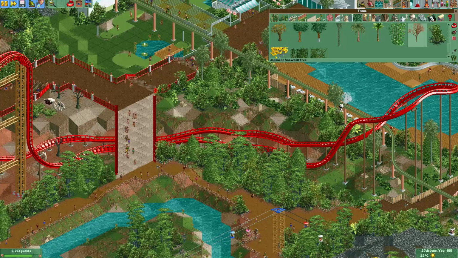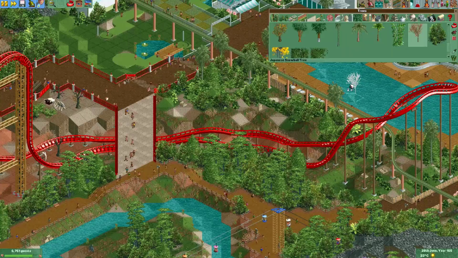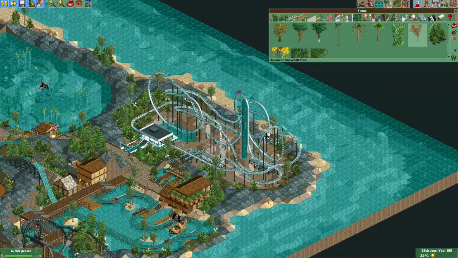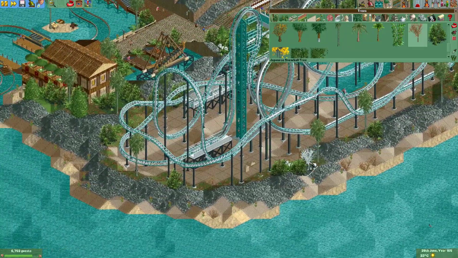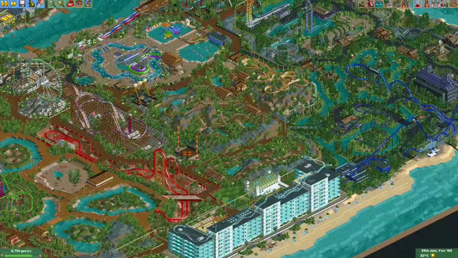And then we could have some dry grass here. And a little bit here. So yeah, I think they work pretty much everywhere. Just whenever you place these, don't overdo it. But that goes for every Roller Coaster Tycoon 2 object. Anyway,